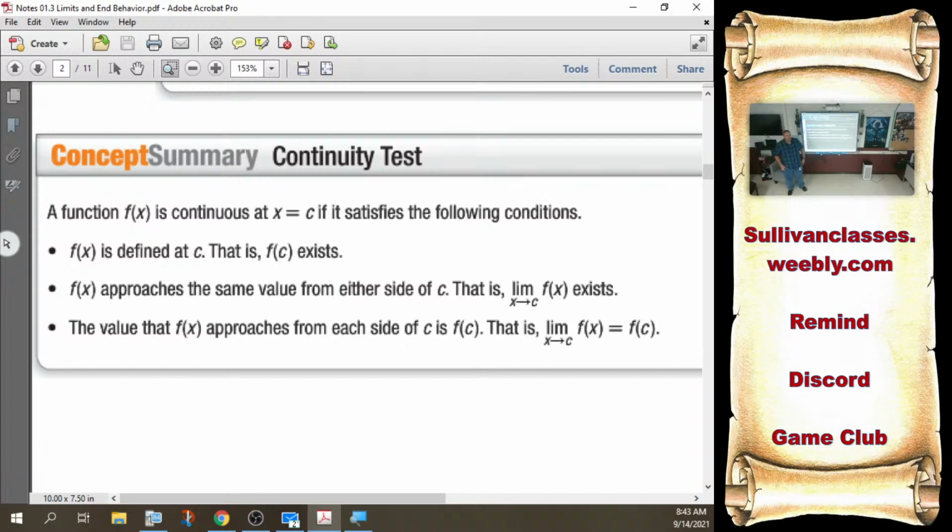Ah, we get to do the whole thing on our calculator. Chill out, okay? Just chill. It's 3 steps, nice and simple. They're going to give me f of x is, and they're going to give me the function rule, and they're going to ask, is it continuous at x is c? They're going to say, is this continuous at this point? Yes or no?